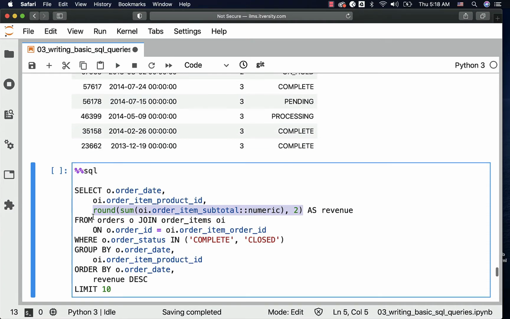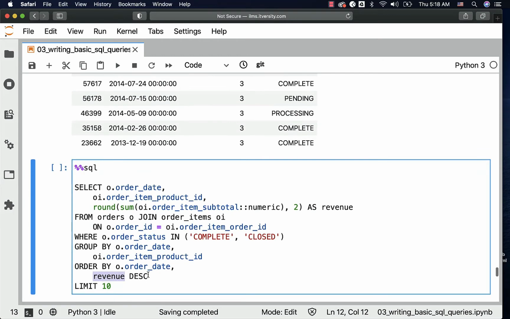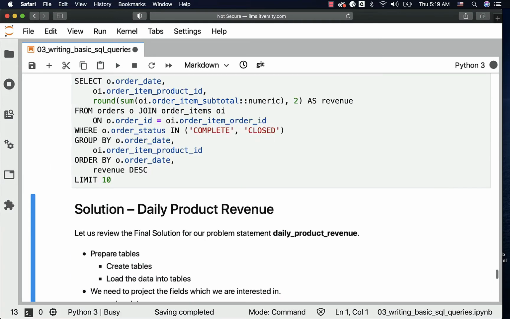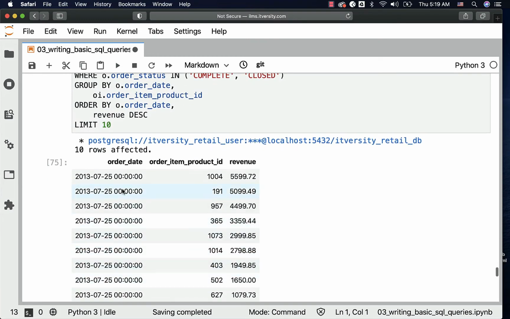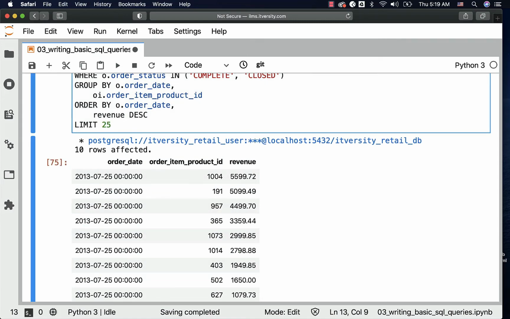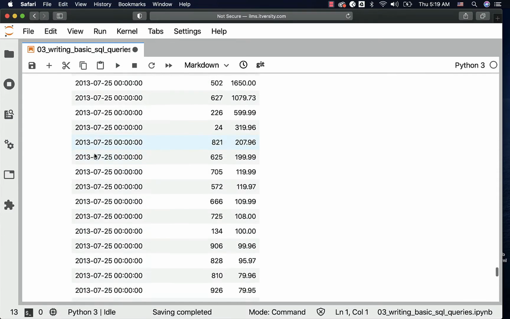Now if you want to sort the data in ascending order by date and then descending order by revenue, you can use this alias as part of the order by like this, and you should be able to leverage that to sort the data in the desired fashion. So in this case, this will take care of sorting the data in ascending order by date. Date comes from orders, and then descending order by revenue. Revenue is nothing but an alias to the function that is specified as part of the select clause. It is nothing but an aggregate function. Now we can run this and we should be able to get the results in ascending order by date and then descending order by revenue. Let's go through 25 records here and you can see the results.